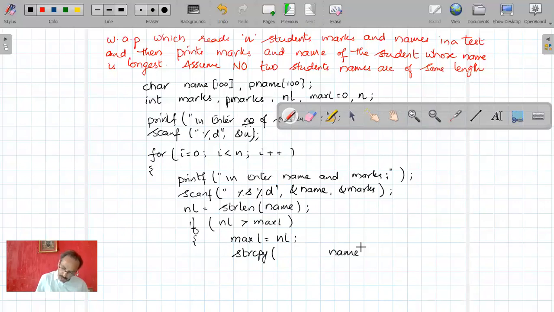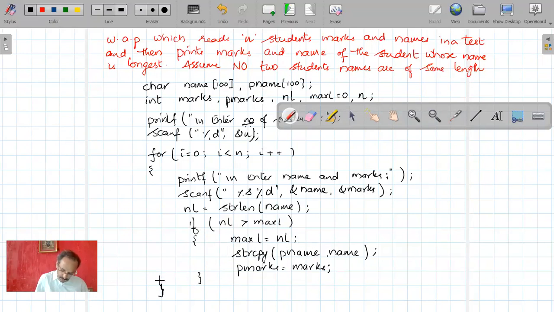The source is name, and the destination is pname, into which I want to copy the name of the student with maximum length. So strcpy of pname comma name, and now I want to copy the marks into pmarks. So pmarks is equal to whatever marks were obtained by the student. As long as nl is greater than ml, I want to copy those values.